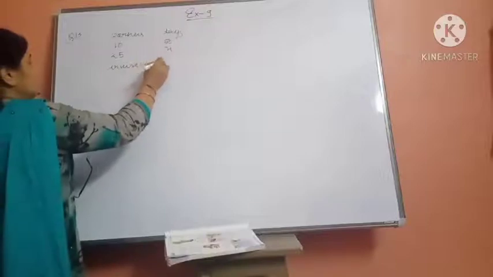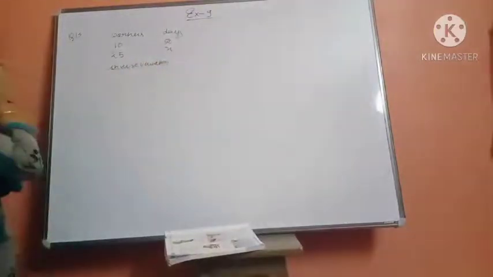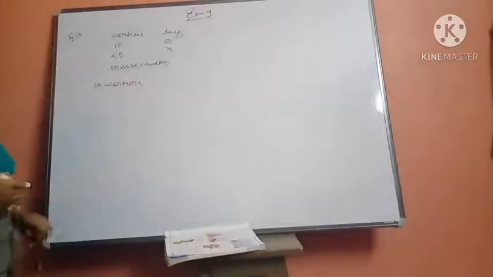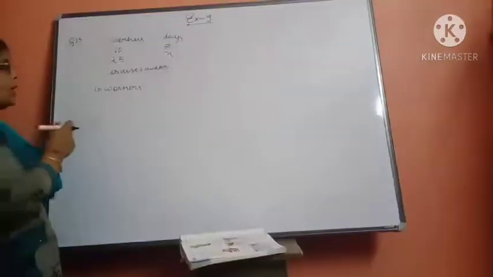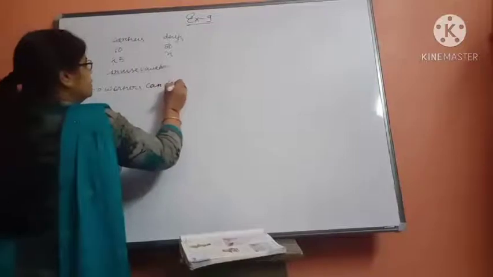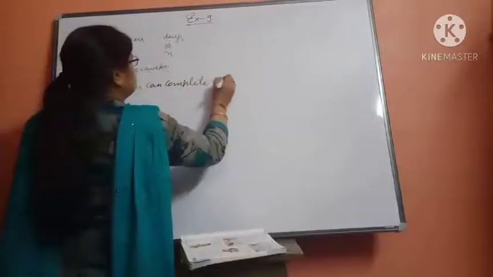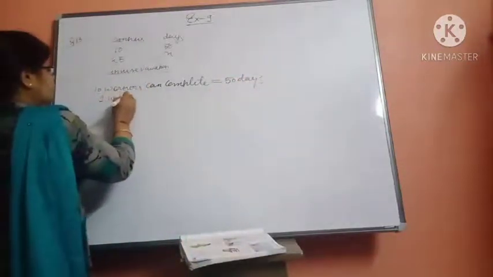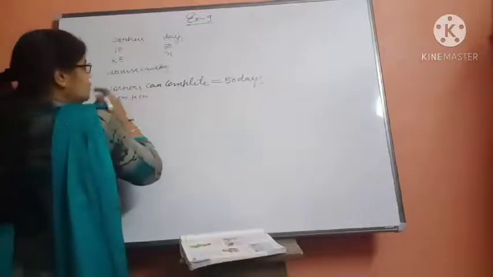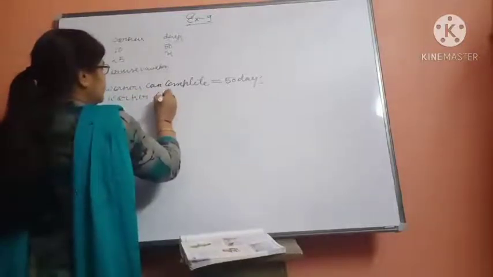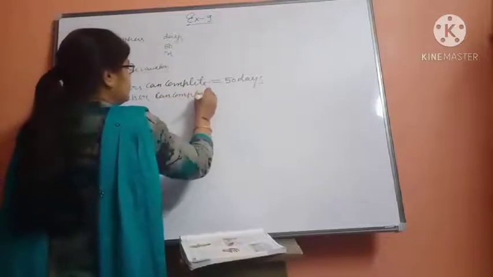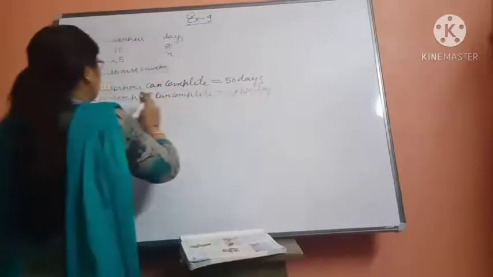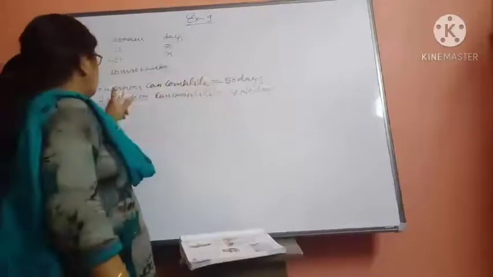So these kinds of questions, how are we doing them, just see. 10 workers can complete the work in how many days? 50 days. So one worker, beta, if one worker alone does the work, in how many days can one worker complete it? It will take more time. So it will take 50 into 10 days. If 10 workers are completing in 50 days, one worker will take more time.